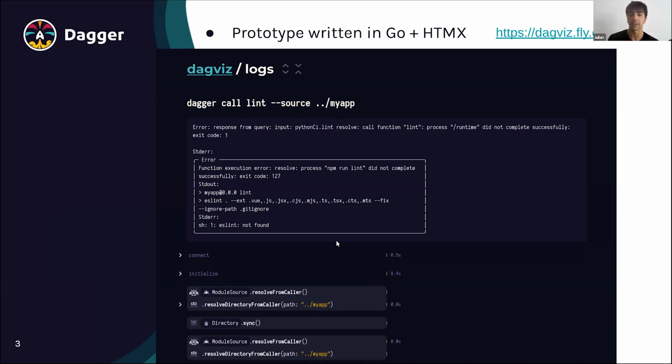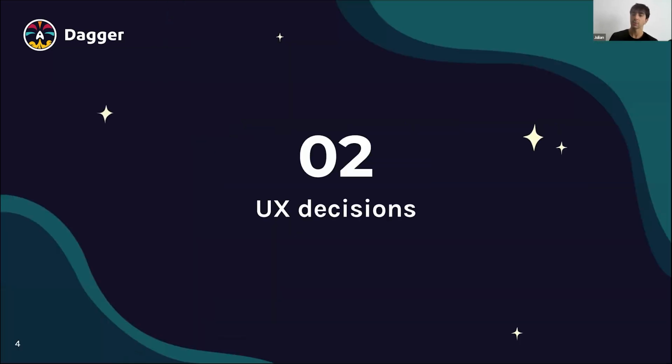The cool thing about this is that we had to translate everything that was done in this prototype, and you can actually access it today at dagviz.fly. In this link, you'll be able to visit and see how it was at first. This was awesome because it was the first prototype that Alex made, and we had to build on top of this. To get where we are now, we had to make a lot of UX decisions, listening to users,